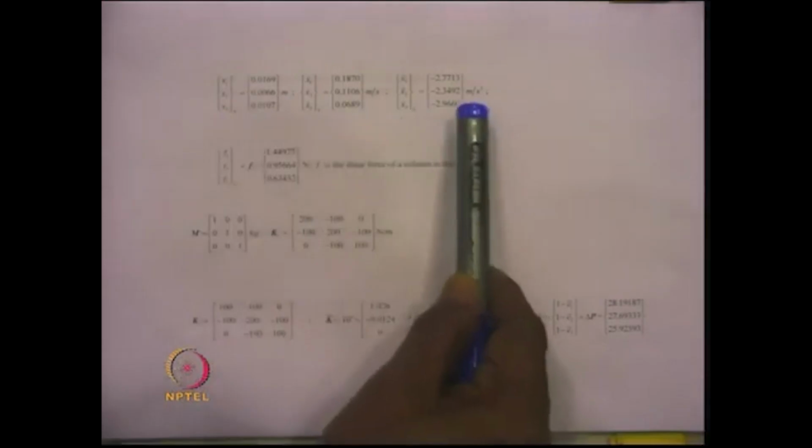It is not very clear, but this is the K matrix which is computed, and this is the M matrix which is computed, and the values of the displacement, velocity and acceleration at the time 3.52 seconds are given as these. Now, with the help of these values of the displacement, velocity and acceleration, the k bar matrix is determined using